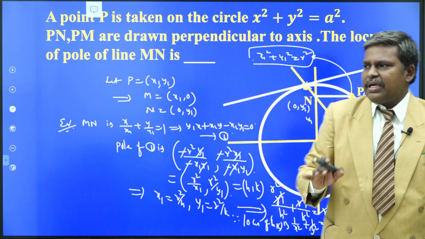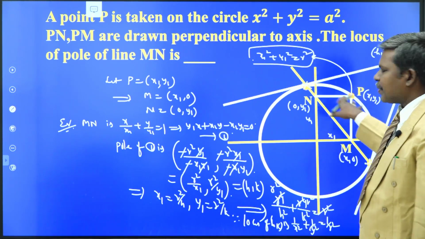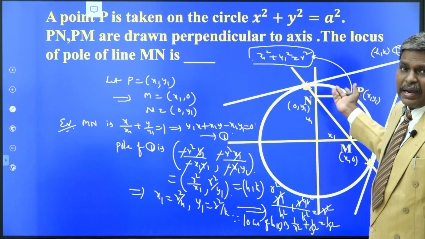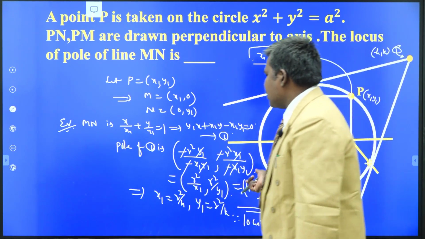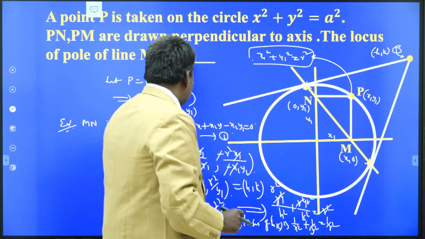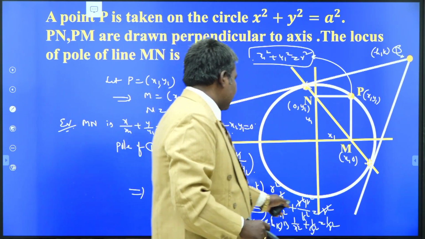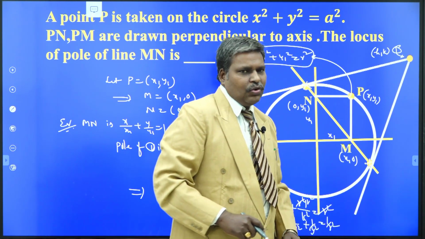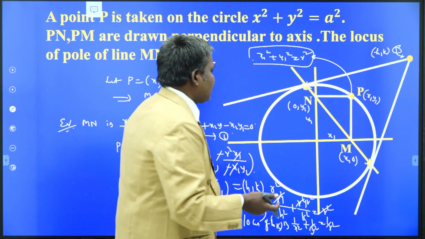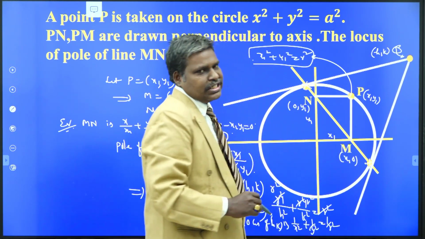Here, the basic concept is: take the point and draw two perpendiculars, form the equation of the line, find the pole and equate that to h comma k. We have to eliminate the variable value, that is x1, y1. We get the condition on h comma k and then go for the locus of h comma k. Sometimes you may take the parametric point on the circle itself. We may save 2 or 3 steps here.